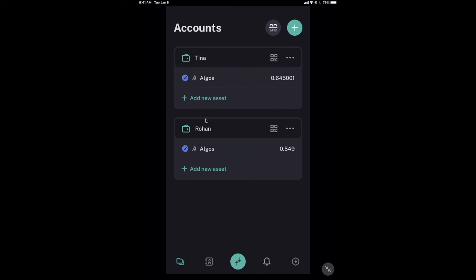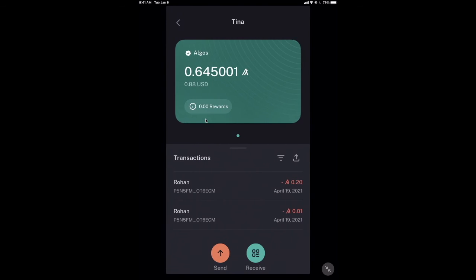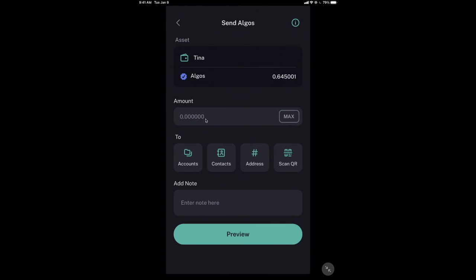And another thing, if you are so nervous, you don't even want to start off like that. You're Tina and you're like, you know what, Rohan, I don't know what I'm doing at all, and this is money, I want to be careful. Well, you know what you can do? You can go ahead and you can send yourself a zero transaction. Now we covered this because this is a useful thing to do to gather interest, okay? But you can send this just to see what a transaction is like. Now remember, there's always a 0.001 algo fee, which you still have to pay, but you can send yourself this